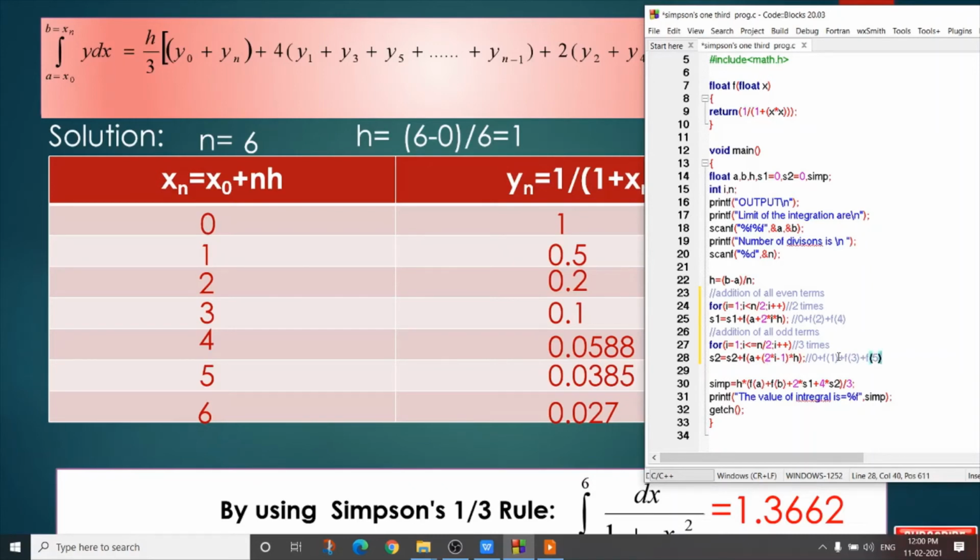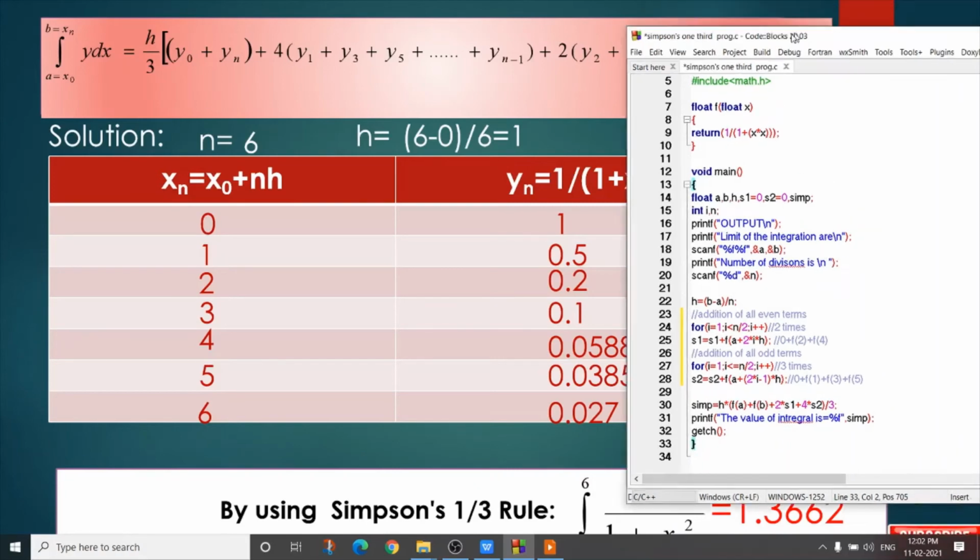Now we get all three terms. So this is the total addition of all odd terms of y. See, f2, f4, f1, f3, f5 are all here. We are calling this function f with the values 2, 4, 1, 3 and 5 respectively for getting the values of y. Now I have to implement the formula.